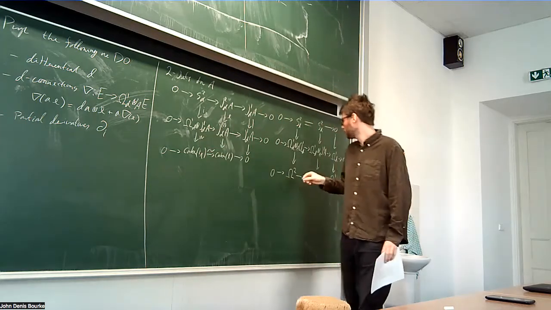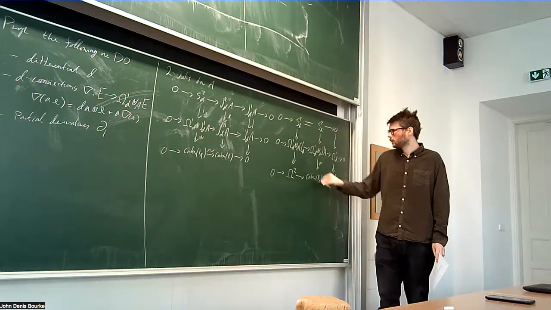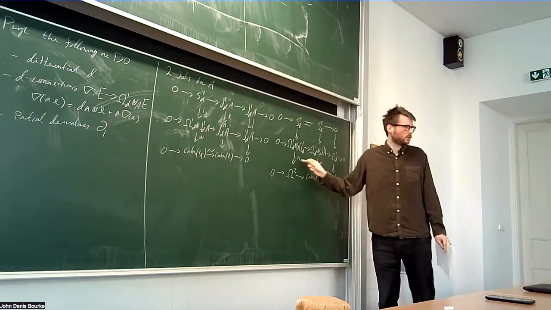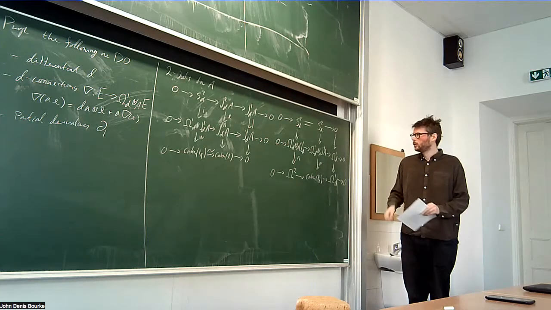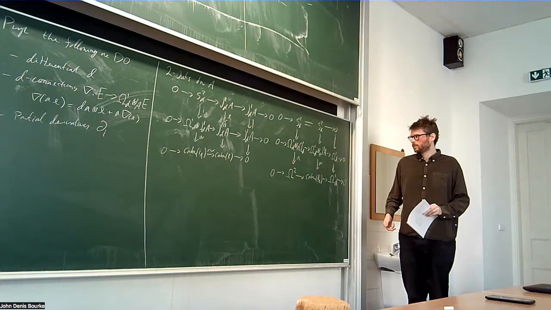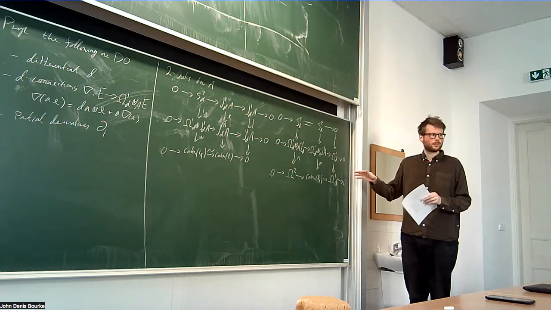Call this map W. And this is just the definition of wedge. And now we apply the 9 lemma again. And we see that